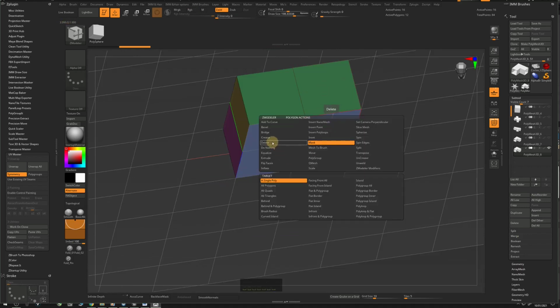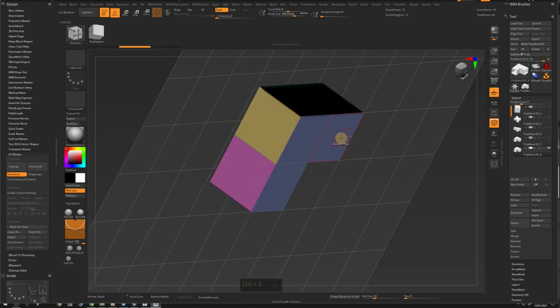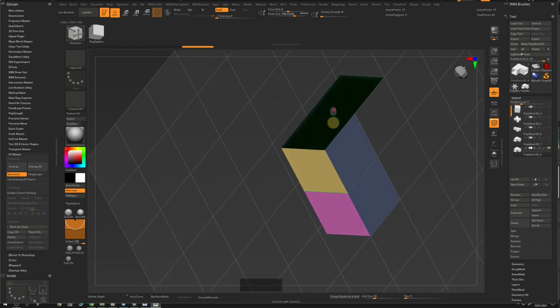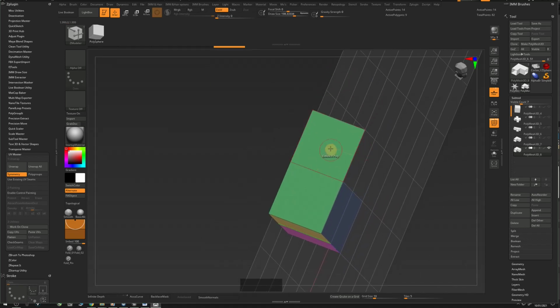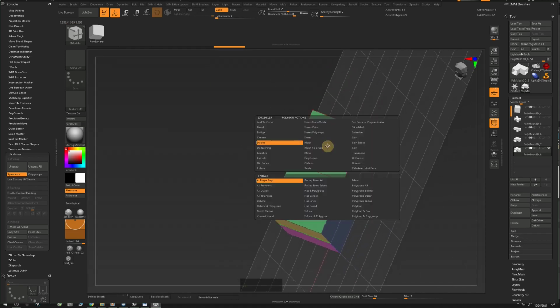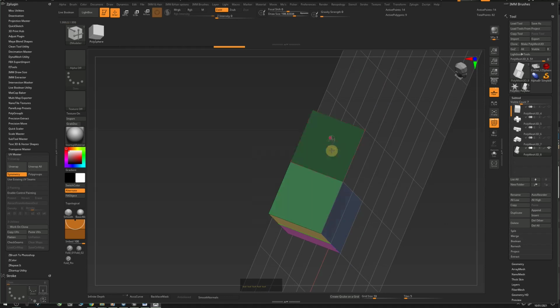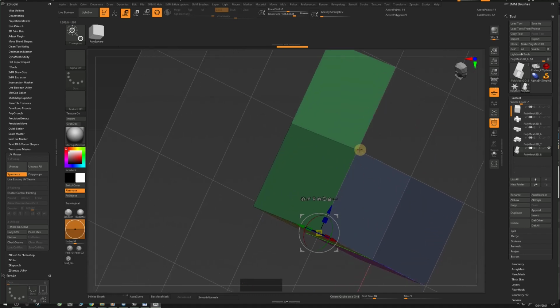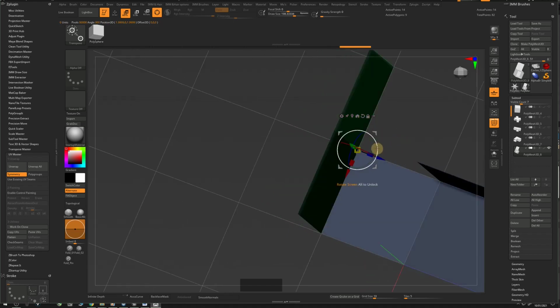So again, hold space, switch to delete, delete this one, and the top one, and highlight the face, switch to mask, and then mask it. Control click on the canvas, W for the gizmo, and then alt click on this point and alt click on the reset orientation, and now hold shift and rotate it